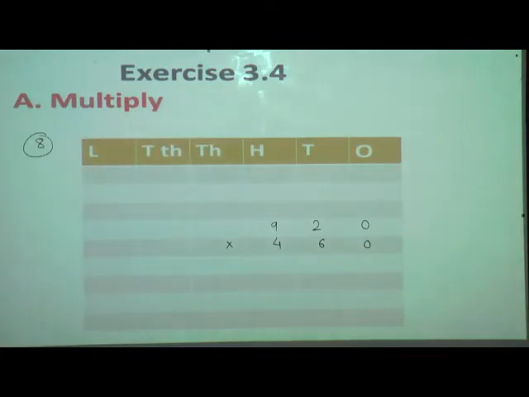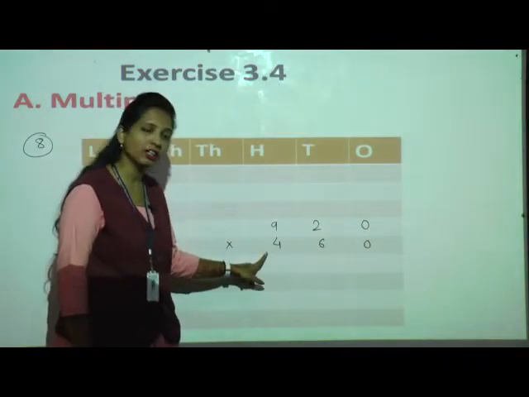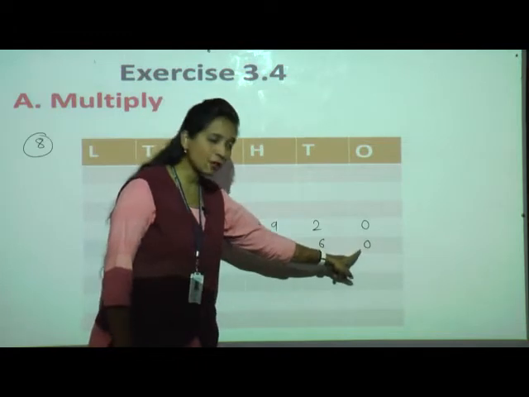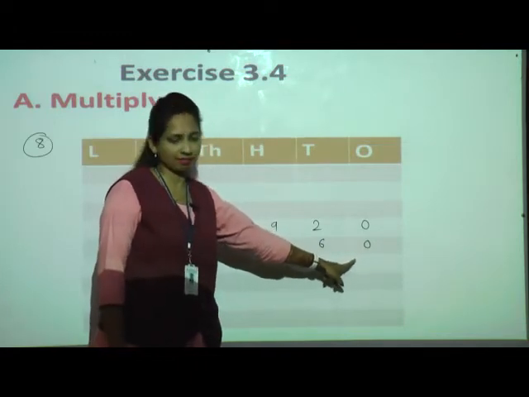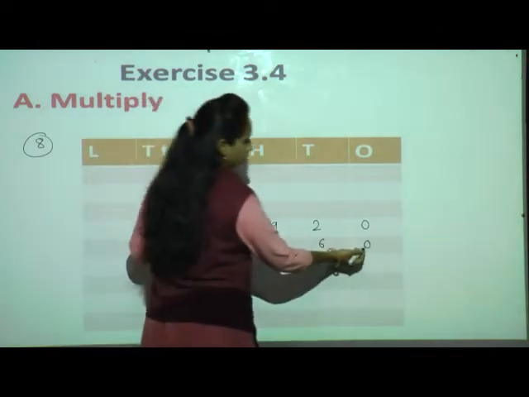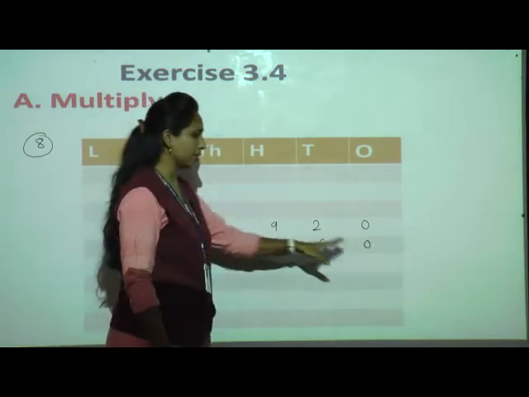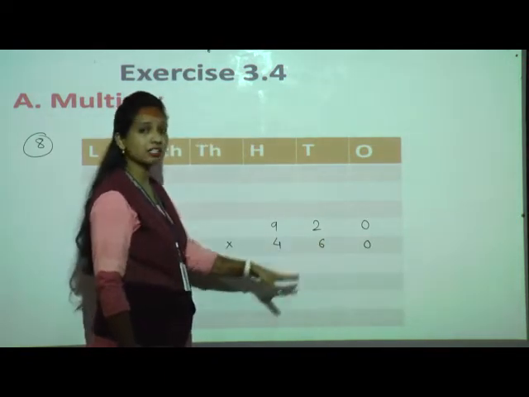Okay. See, do you remember we have studied about the special case of 0 in multiplication? Where there is a 0 in the multiplier, you can leave out one step, isn't it? See, this is the multiplicand, this is the multiplier. So where there is a 0 in the multiplier, you can skip that step. Once we start the multiplication with the ones place, 0 is there. It doesn't matter where 0 is coming, but if it is coming in the multiplier, we can skip that.